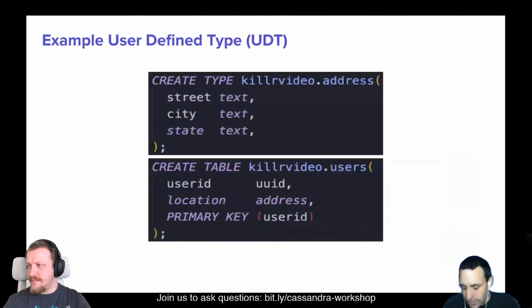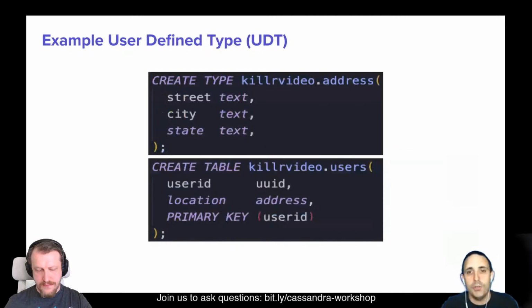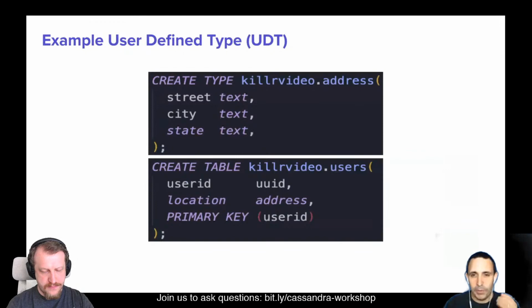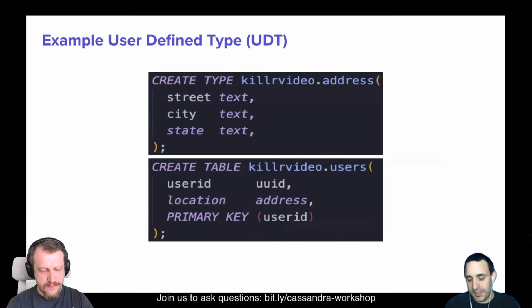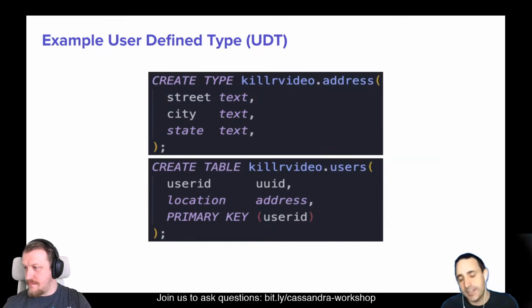You can use collections, but you can also use user-defined types. Remember, we told you there are no joins in Cassandra. So one way to implement one-to-many joins would be to define a dedicated object like address. I provide attributes, street, city, and state, and I can use this new object address as a type for a column, for instance here, of the table users. So now in users, I do have something called location of type address.